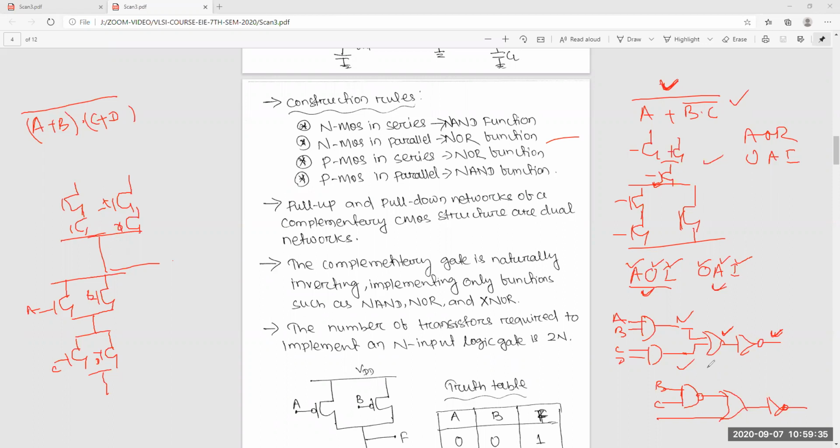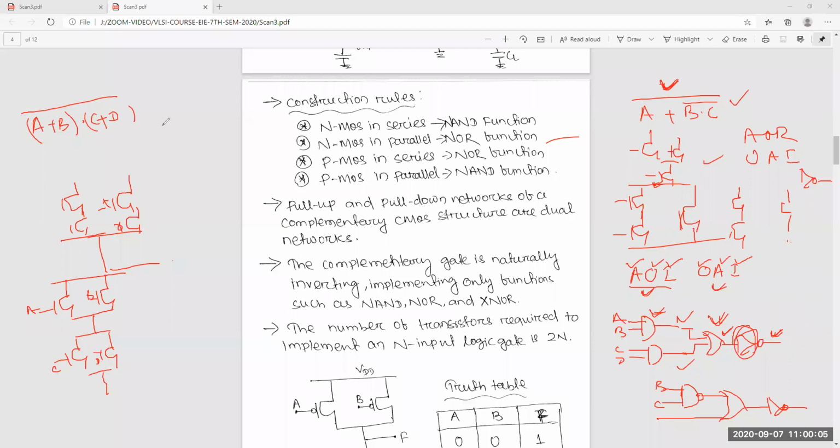So for complex circuits, whether it's AND-OR-invert or OR-AND-invert, you first have to decompose in this way. You have to understand how we do that. For AND in the pull down, you do series, then for OR, you do parallel. Then finally the inverter, because whatever circuit comes out is the inverted version of that. If there is no inverter, then you have to connect one inverter at the output.